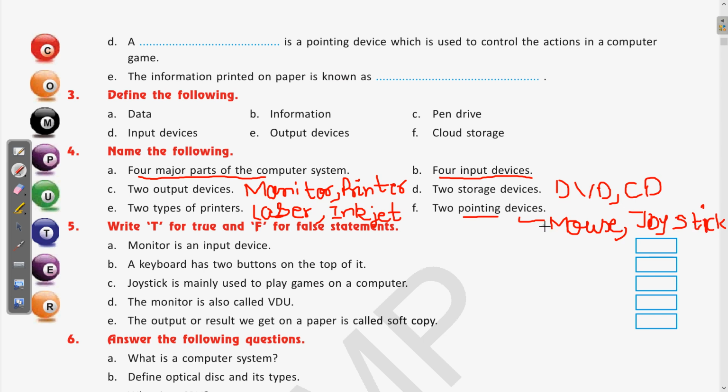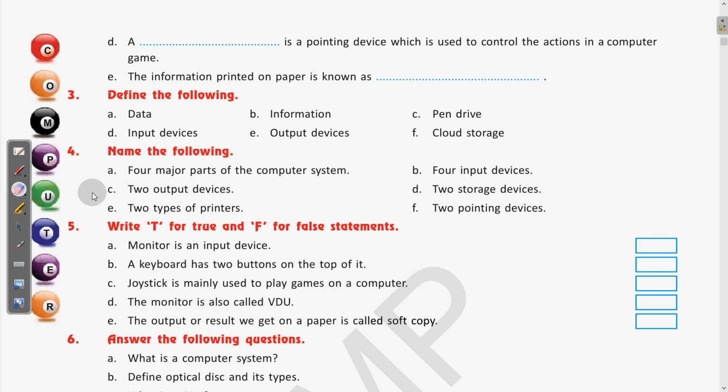Clear? Now coming to the next question, that is true and false. Let us see what the true false questions are now. This was given to you as homework also, so I hope you have done it. A few of you have sent the homework to my email address, so it is expected from all of you that whenever something is given as homework, you are supposed to send it by the methods which I have told you. You can send me the email as well.